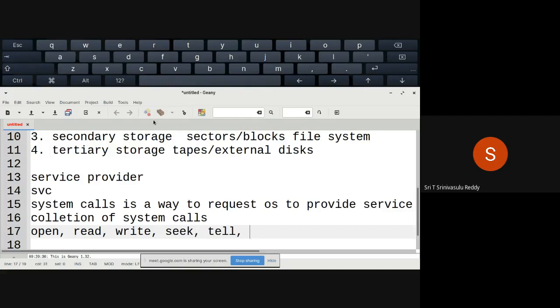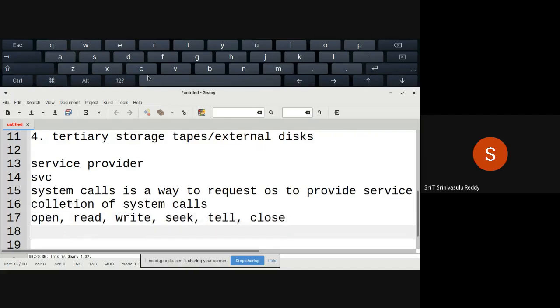There are limits on the number of resources that can be allocated to a particular process. So whenever you have completely utilized it and you want to give it back, there is another system call meant for that, which is called close. Close the corresponding file. So these are some of the system calls related to file management.